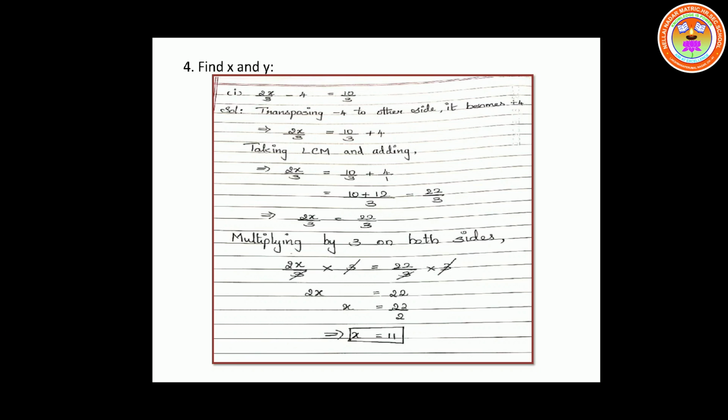Now from this I have to find only the value of x. So transpose the 2 to the other side. So x is equal to 22 by 2. 22 comes 11 times in the 2 table. So x is equal to 11. So I have found the value of x.